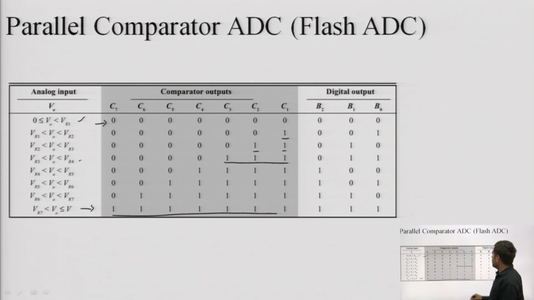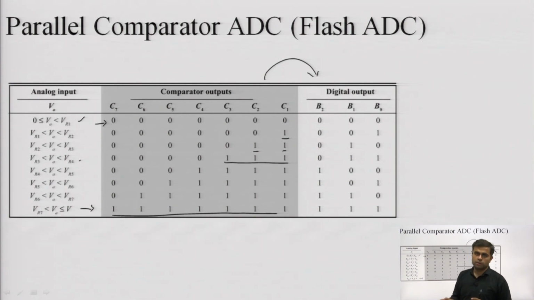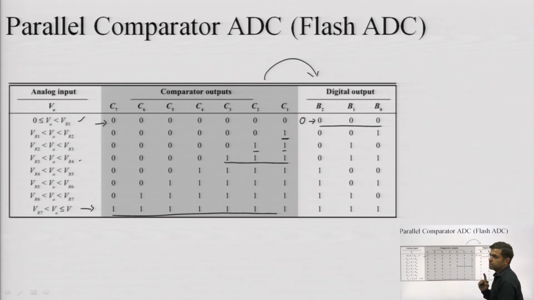In that case, the decoder is not a binary decoder in which there are multiple inputs and for those inputs there are a reduced number of outputs. We can have any decoding logic inside. So going by the decoding logic, in the first row there is no high value, that means it corresponds to 0, so 0 translates to 000 in binary. Then C1 is 1, that means a single comparator is giving me high output. So that's why we are having 0, 0, 1.